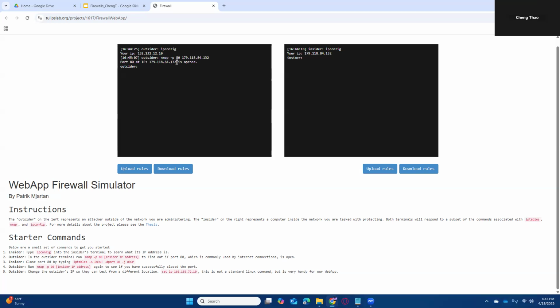the reason for using port 80 is that by typing out this command, I can specifically check whether the port to this network is open. Since port 80 is a common way for most interactions, as an outsider, I can check to see if it's open. If it's open, I can pretty much send any kind of data or commands specifically to the insider router or system to take control of it. Now, on the insider side, what I can do is type in this command,